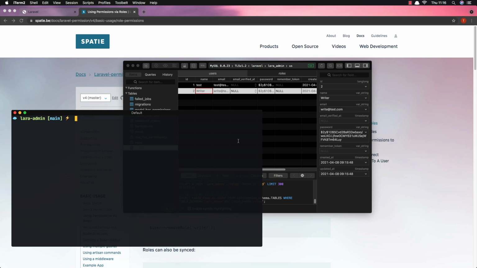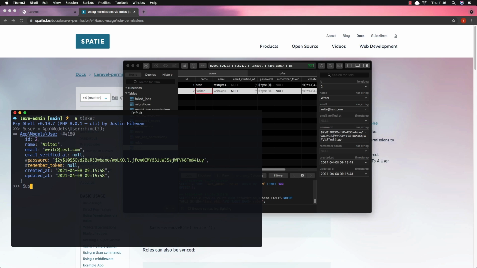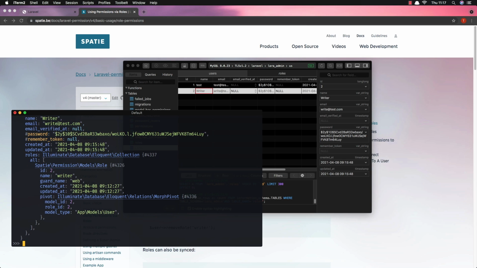I'm going to open Tinker here. Okay, and I'm going to assign the role to the user: App Models User, find the user with ID of 2. Yeah, and now user assign role, and the role is writer. Okay. Yeah. Now, if I refresh the page here,